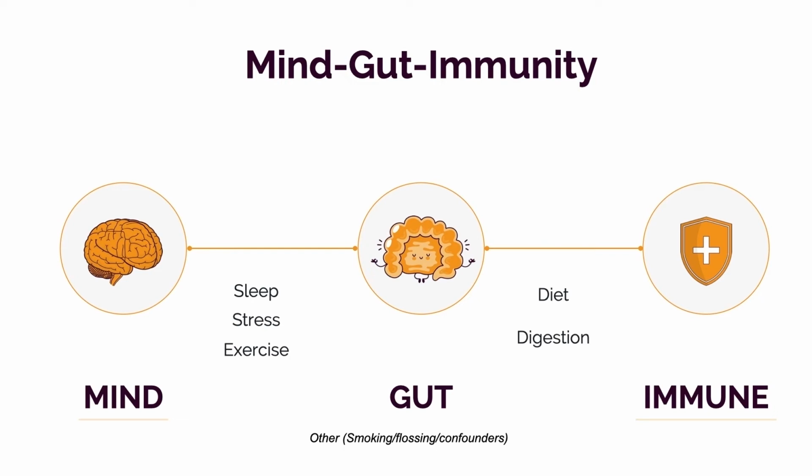I included a 6th miscellaneous category here to discuss some very obvious things such as smoking, dental hygiene, and other confounders, which should be obvious to everyone at this point, but sometimes they're not. For example, one of my clients with immune disease didn't know that smoking made her condition worse. I had another client who didn't consistently floss or use mouthwash who ended up getting joint pain and mouth sores. I had another one with sleep apnea and low testosterone who never got a sleep study or his hormones checked. So I included this 6th miscellaneous category here to remind you not to miss something very obvious that can have a sizable impact on your health.